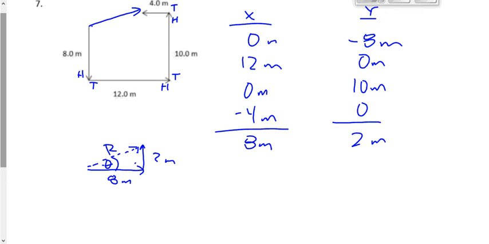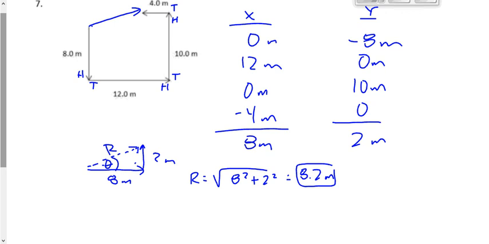Okay, how do we find the value of R? Dexter, how do we find the value of R? The value of R, not tangent. Good. It's a Pythagorean squared, right? The Pythagorean theorem, right? A squared plus B squared is equal to C squared, or C would be the square root of A squared plus B squared, or R, in this case, would be the square root of A squared plus B squared. When I do that, when I say the square root of A squared plus B squared, I end up getting a value of 8.2